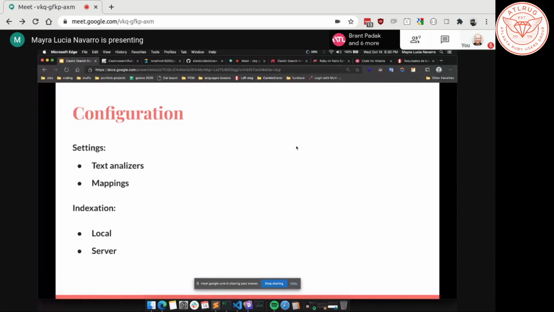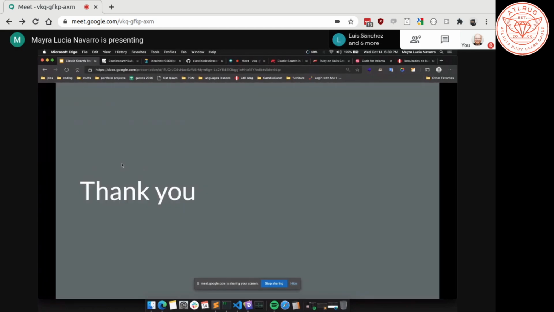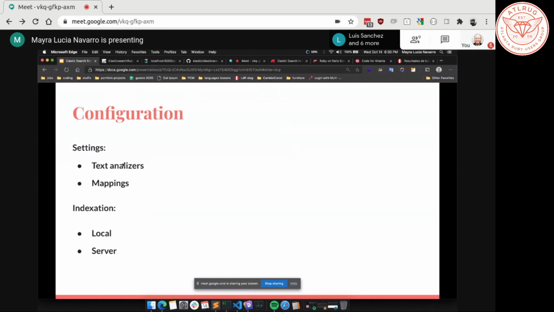So returning here, we have in the settings the text analyzers that we can see. That is where we define what we are going to add. The mappings are where you define what data you want to send to Elasticsearch and what Elasticsearch has to focus on.